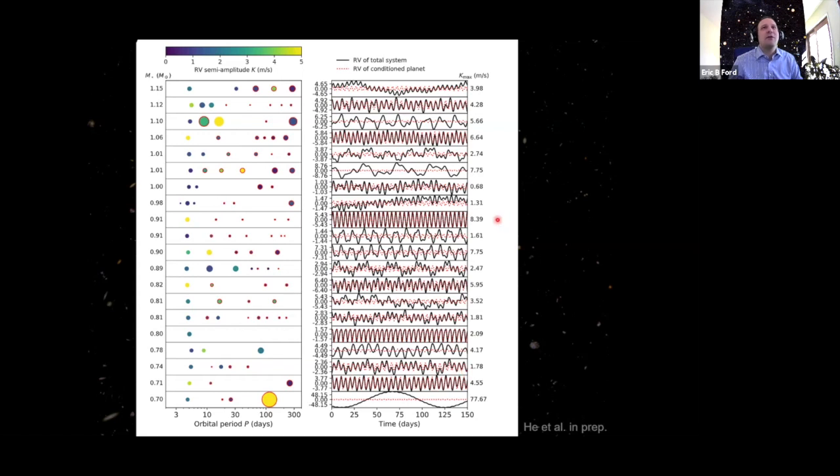If you were to conduct follow-up observations, you would measure the planet that you saw in transit, measure its mass, and you'd be happy and move on. But other times, you might think you have an orbital period that you want to phase fold your data at, but the RV signature you see is coming from other planets. You might have had a strategy, I'll get 10 data points at the phases where I have the maximum and minimum velocity. When you do that, you either fool yourself and are confused, or you realize the better scenario: hey, there's something else going on here.